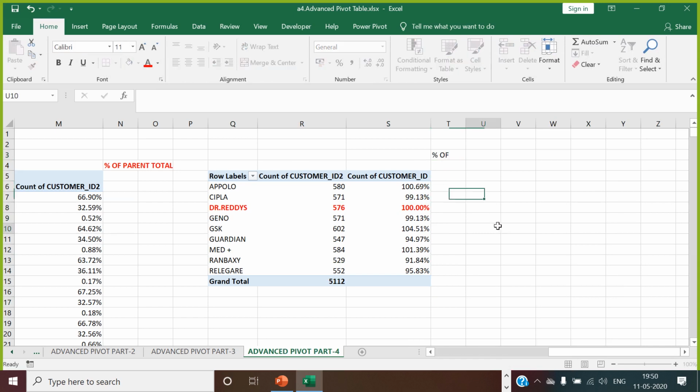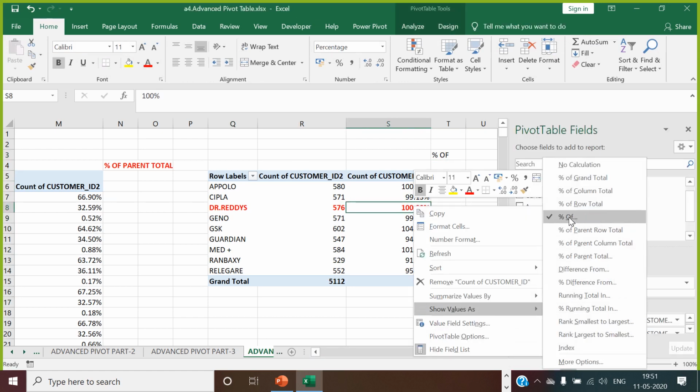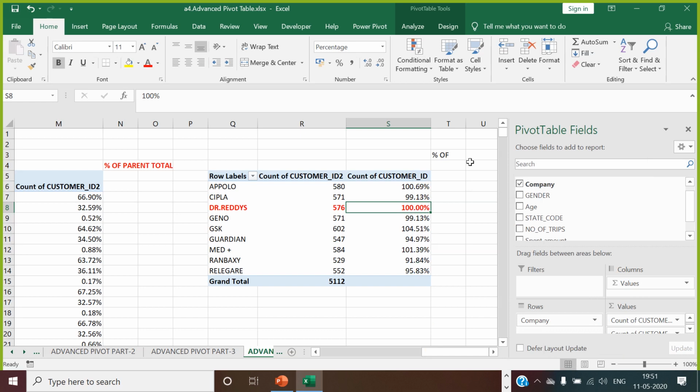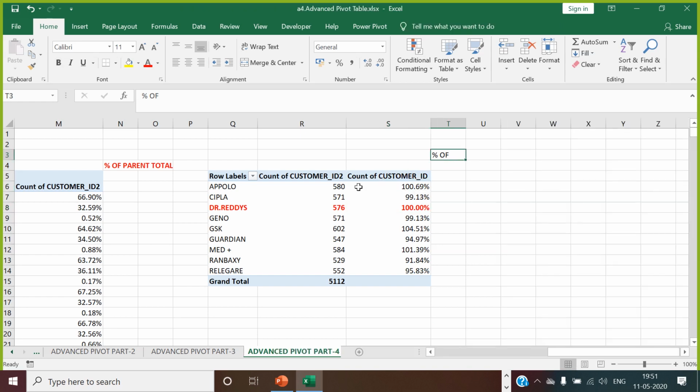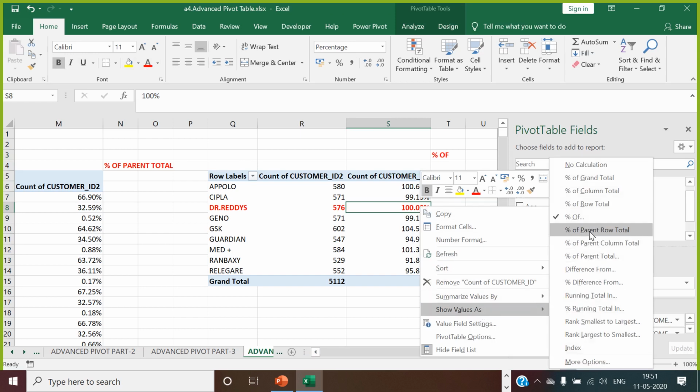So can you just show once again where did you get that option? Right click, show value as percentage of. So you're taking any base company, based on that company you are looking at what percentage of performance the other companies have. Okay. Like the percentile calculation, whoever is getting the highest score, based on that highest score we are looking at the percentile calculation. This is what exactly happens. Now the next option is going to come in which says percentage of the parent row total.